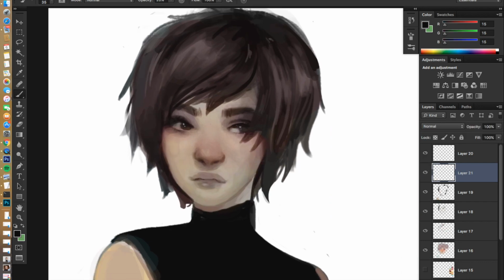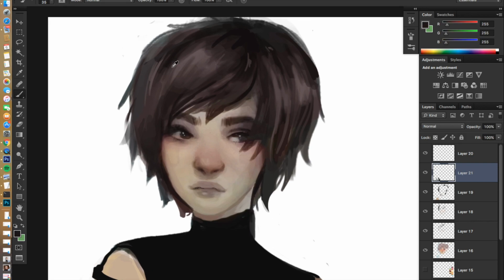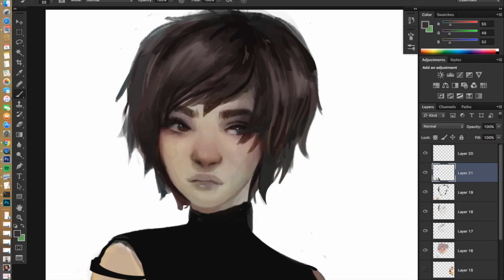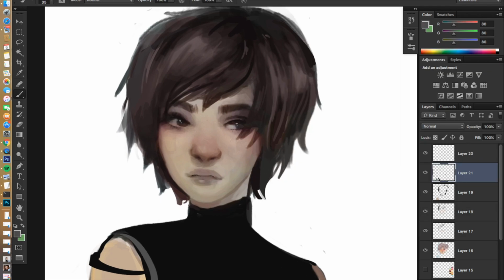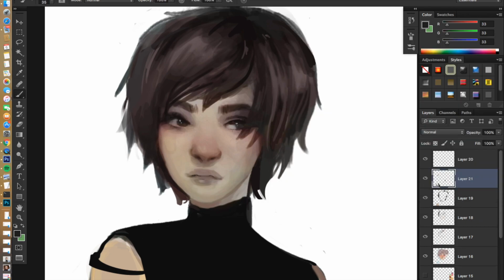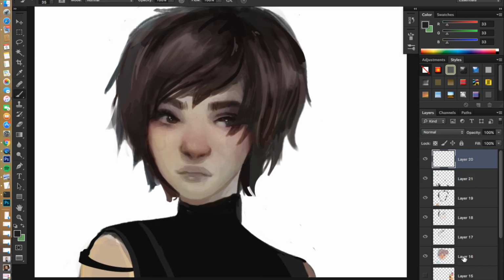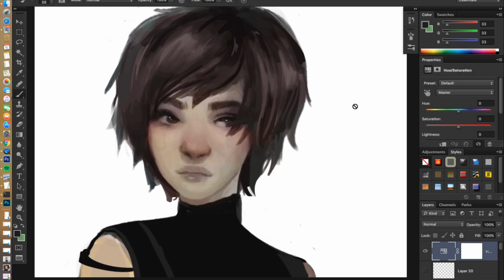Let's see. Yeah, he's still looking pale, but it gets there. Don't worry. I hope. His head's too big right now too. It's really big. Like goddamn. But he also kind of looks like a girl. But who doesn't nowadays? Let's see. I don't even know what's going on with this shirt. It's kind of stupid, but you know, it is what it is.